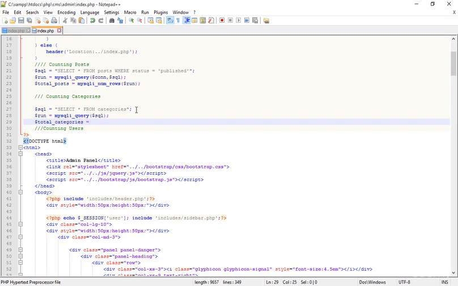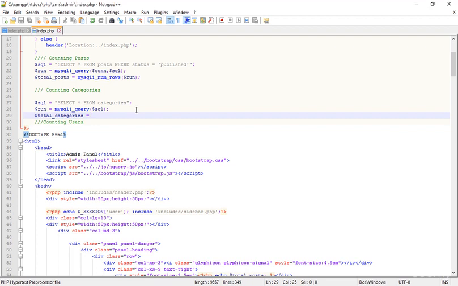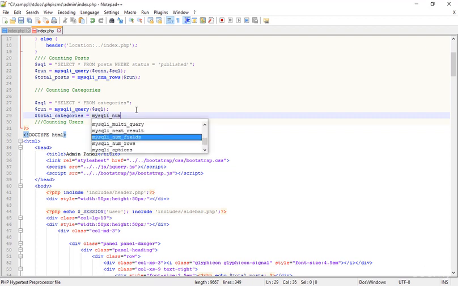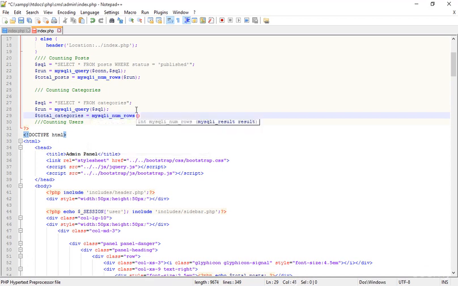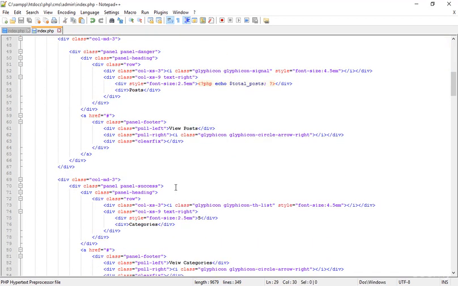equal. Oh, one thing more, actually I don't want to show the home there, but no problem, I can show the home there as well, because home is actually a category, you know that. So here I'm typing total categories and then mysqli_num_rows and then cover that and the $run. Okay, now save that, total categories. Really simple, just run this query there and then count it by using mysqli_num_rows, and